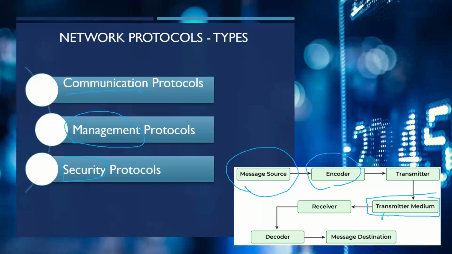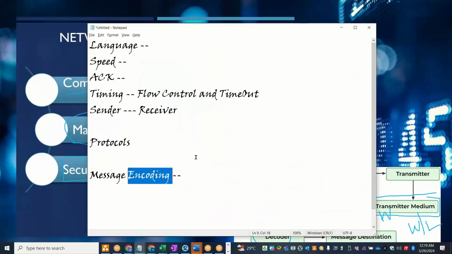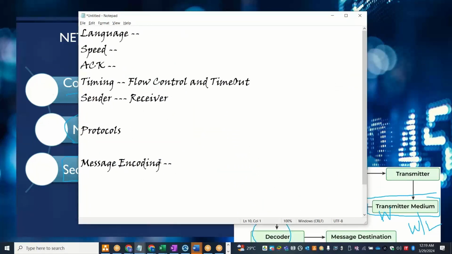See, if you are sending it via a wired network, then the traffic will be in packets and then frames. Whereas if it is sending through the wireless medium, then it has to be waves, right? It cannot be the same mechanism. So it has to go through the waves and then reach the destination. So based on the transmission medium, the data that we are sending will get encoded, and after it is received, it will get decoded before it reaches the other system. So that is what it is needed. So message encoding is very, very vital and very basic stuff, which is part of the network communication protocol.